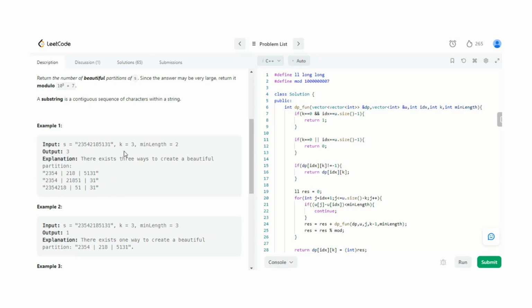So now let's take this test case only, but we will take min length as 3 and we will draw a tree-like structure and try to run on that structure and check which approach is better to solve this problem, whether it is dynamic programming or greedy. So let's see and dry run on another test case.